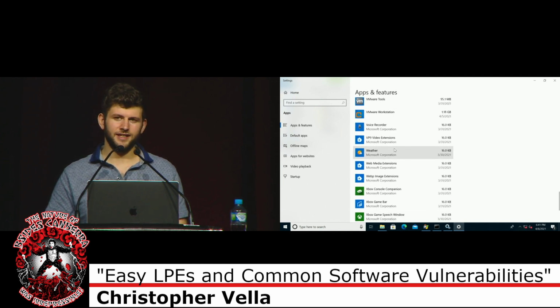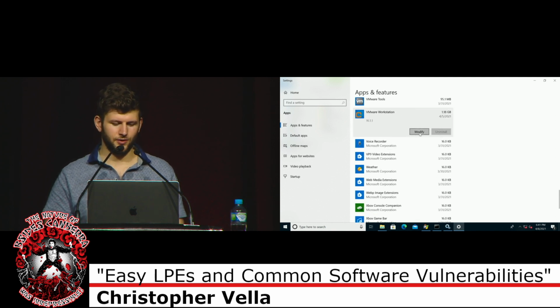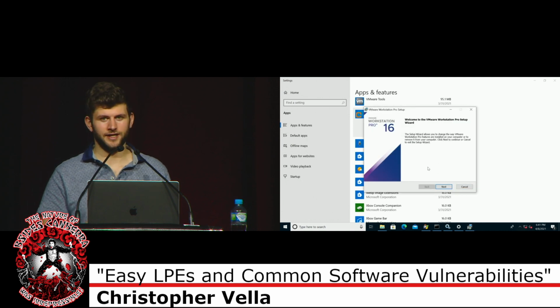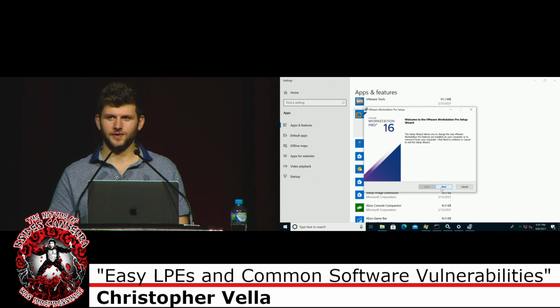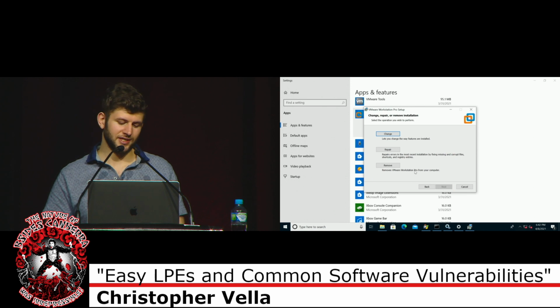But you would find it in a different manner, so to speak. So if we go to VMware Workstation and hit modify, this will also auto-elevate the system. As a low-privileged user, we can get the application to do stuff as SYSTEM, which means we can be very scrutinous about what it does, because everything it does is potentially dangerous if it's doing it as SYSTEM. If we hit repair,